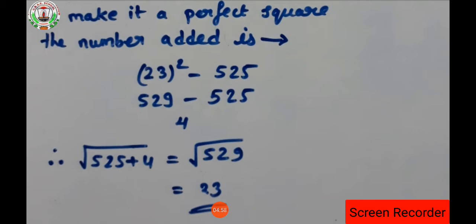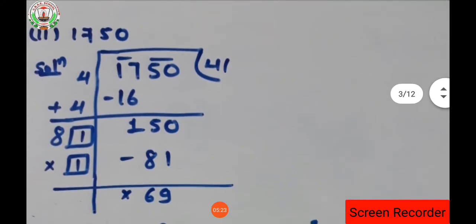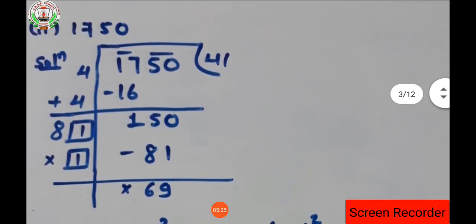So 525 will be added with 4 to get a new dividend, that is the square root of 529. The square root of 529 is 23. 23 into 23, what will we get? 529. So have you understood, everyone? While doing the second question, it will be more clear. Okay. So fifth question, second part,